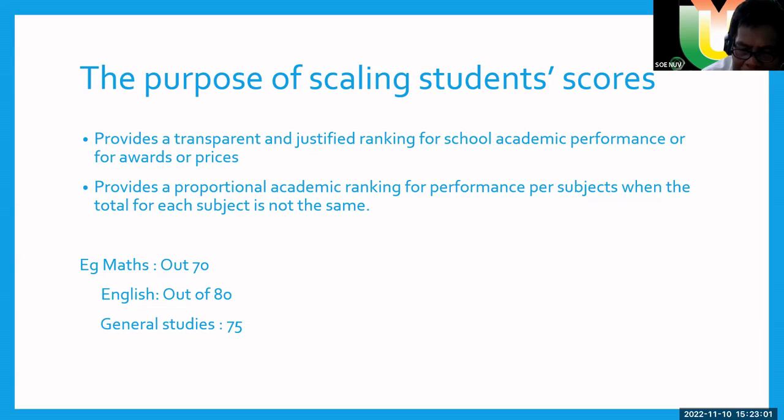So you can see that English is the dominant subject out of these three. Yes, it has more marks than math and general studies. And whoever is good at English, I mean a bright or intelligent student in English,